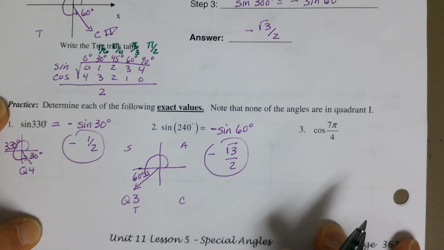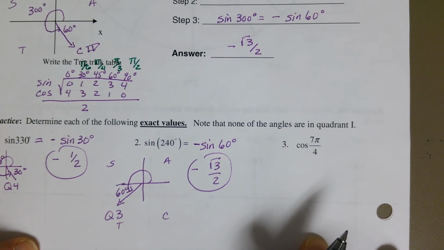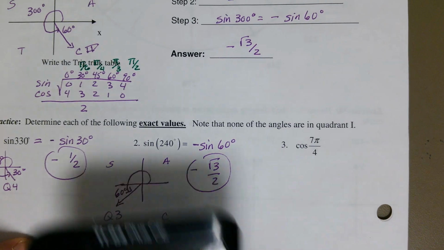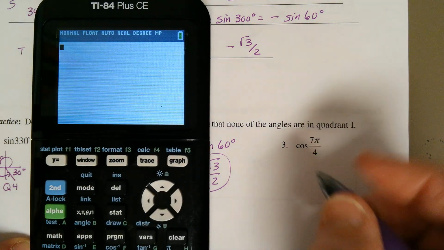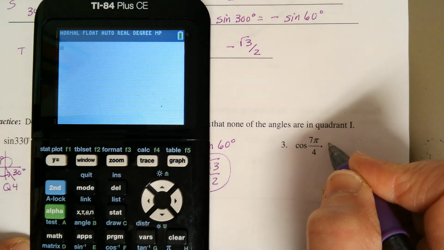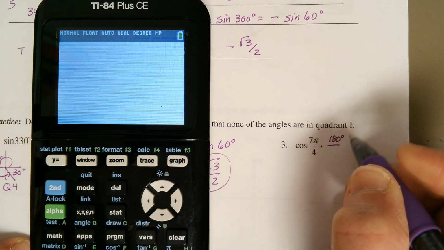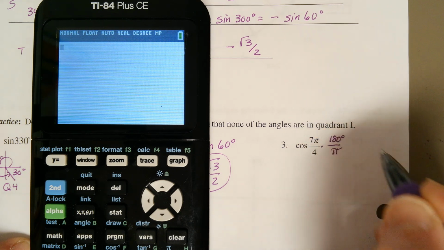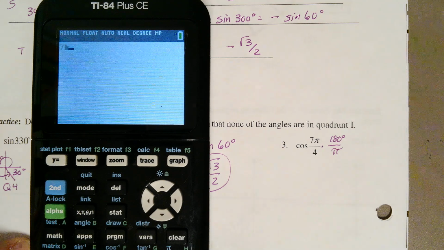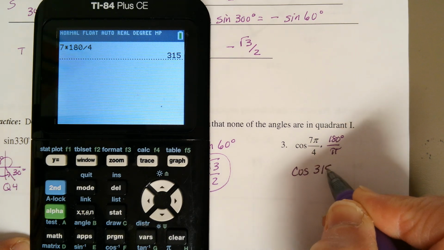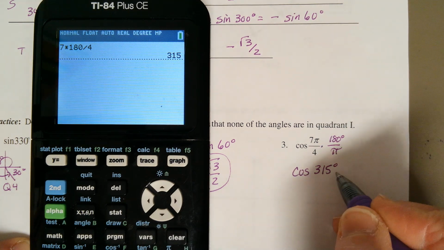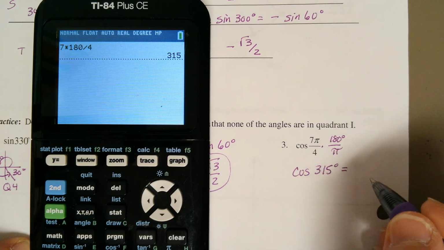The cosine of 7 pi over 4. Okay, so here if you want to convert to degree measure, we take our 7 pi over 4. We want degrees, so we multiply by 180 degrees over pi. 7 times 180 divided by 4, because the pi's divide right out, is 315 degrees. So cosine of 315 degrees, that's going to equal